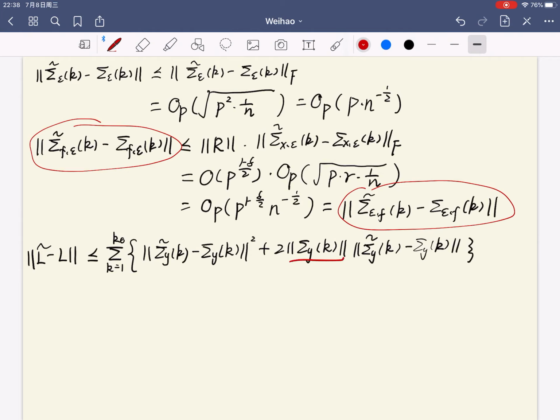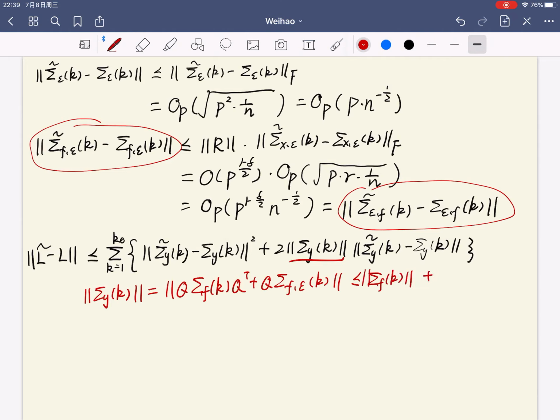For this one, apply lemma 2 and the definition of kappa max, we have